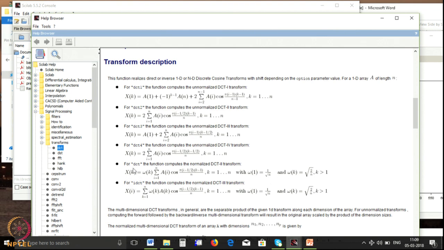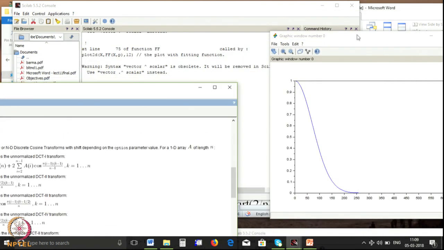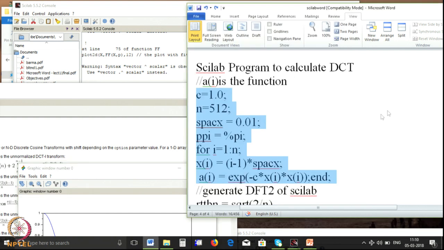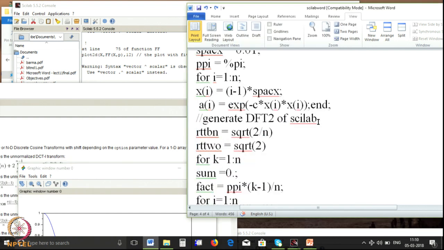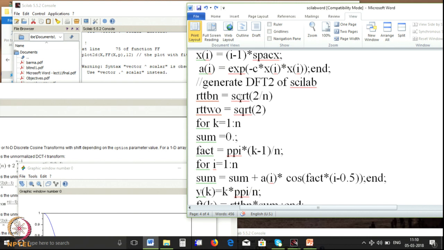I can do it in two different ways. What are the ways I can do? I can do the discrete cosine transform through my commands. You see, this is what I have done here. I have written my own program to calculate the transform. Remember, there was a square root of 2 by n, I going from 1 to n, sum equal to 0.